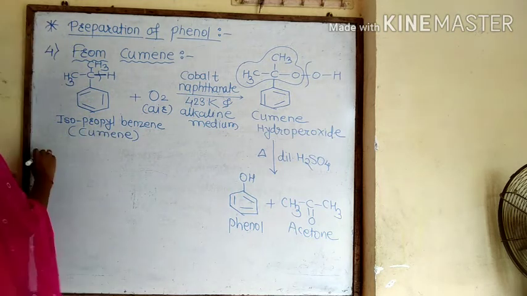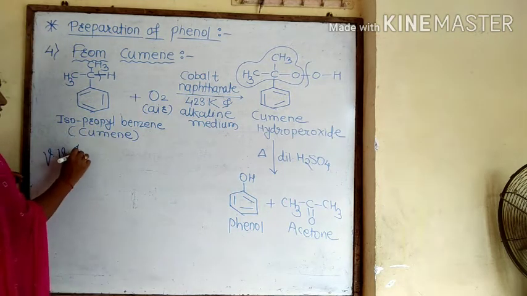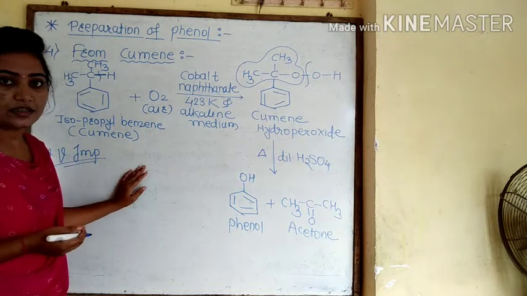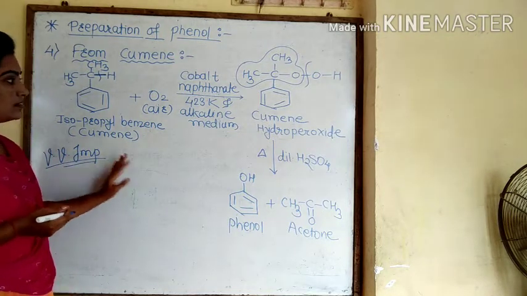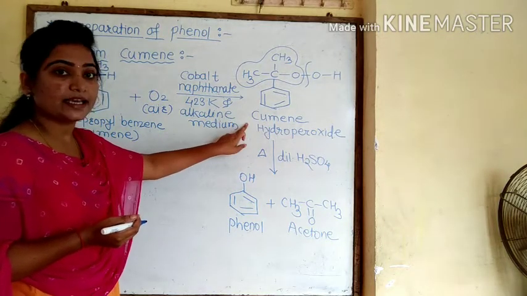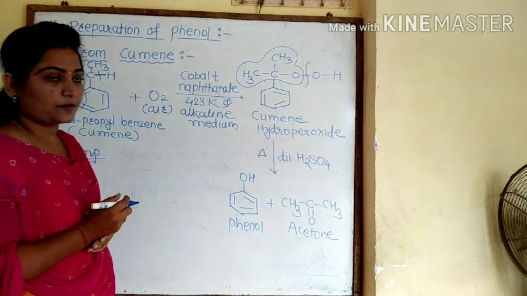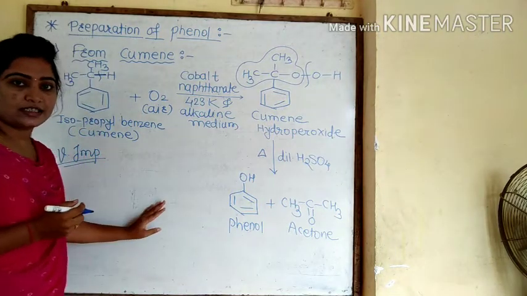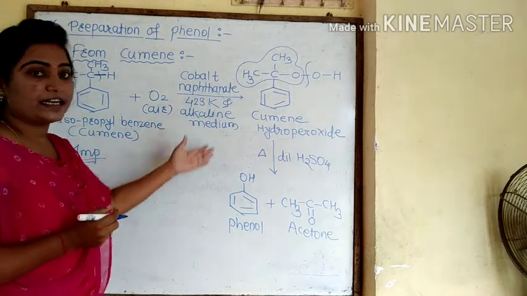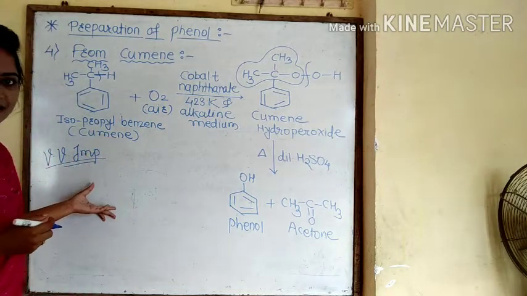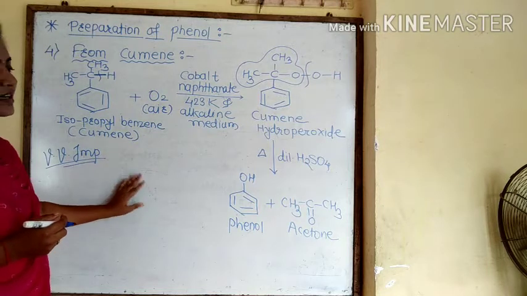Very important reaction, always asked in the exam. In NEET examination also there is one question, that is identify intermediate or identify A in the given reaction, or this is A and this one is B. Complete the following reaction or identify the A and B in the given reaction. So it is a very simple reaction, we can easily prepare and understand.